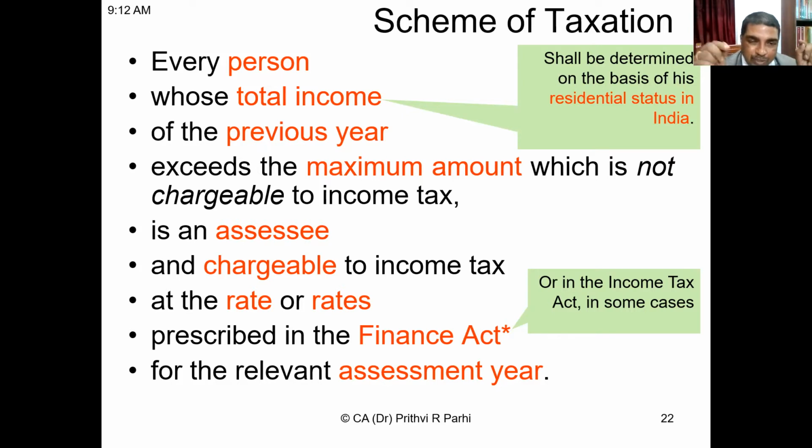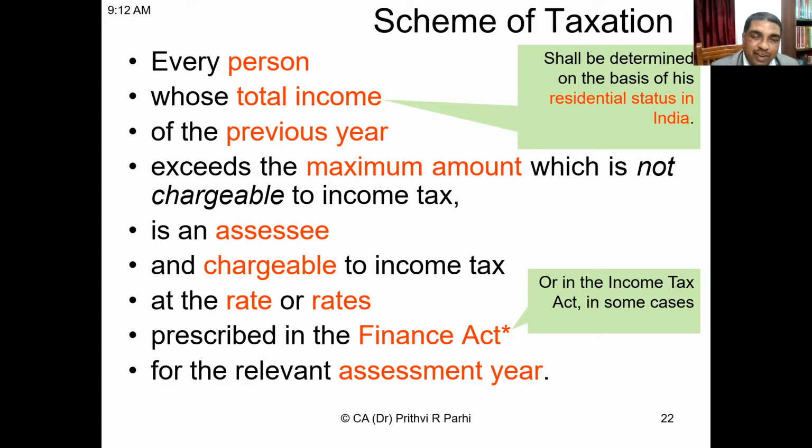Now, friends, I told you it is prescribed in the Finance Act, but you also have to remember there are some rates, called special rates, that are prescribed in the Income Tax Act also. For example, individual slab rates: some of you might know that up to 2,50,000 there is no tax, from 2,50,000 to 5 lakh rupees there is 5%, 5 lakh to 10 lakh rupees there is 20%, and above 10 lakh there is 30%. That's the normal slab. There is one more optional slab, with 5%, 10%, 15%, 20%, 25%, 30%, different slabs like that.